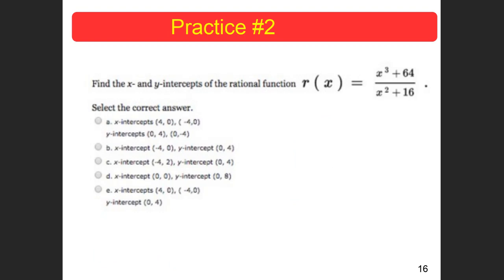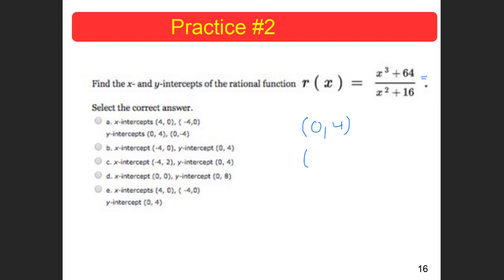In this problem here, it says find the x and y intercepts of the rational function. Well, again, I like putting 0 in for x. It makes it easy. So I get 64 over 6. 64 over 16 means 4. And then if I want to find the x-intercept, I have to set it